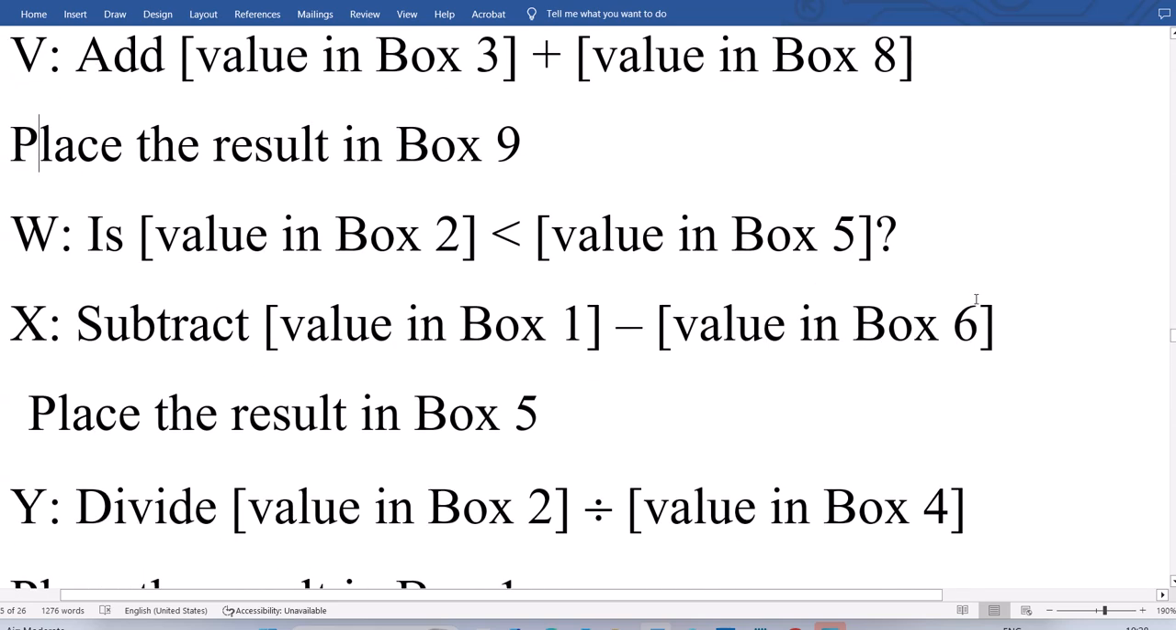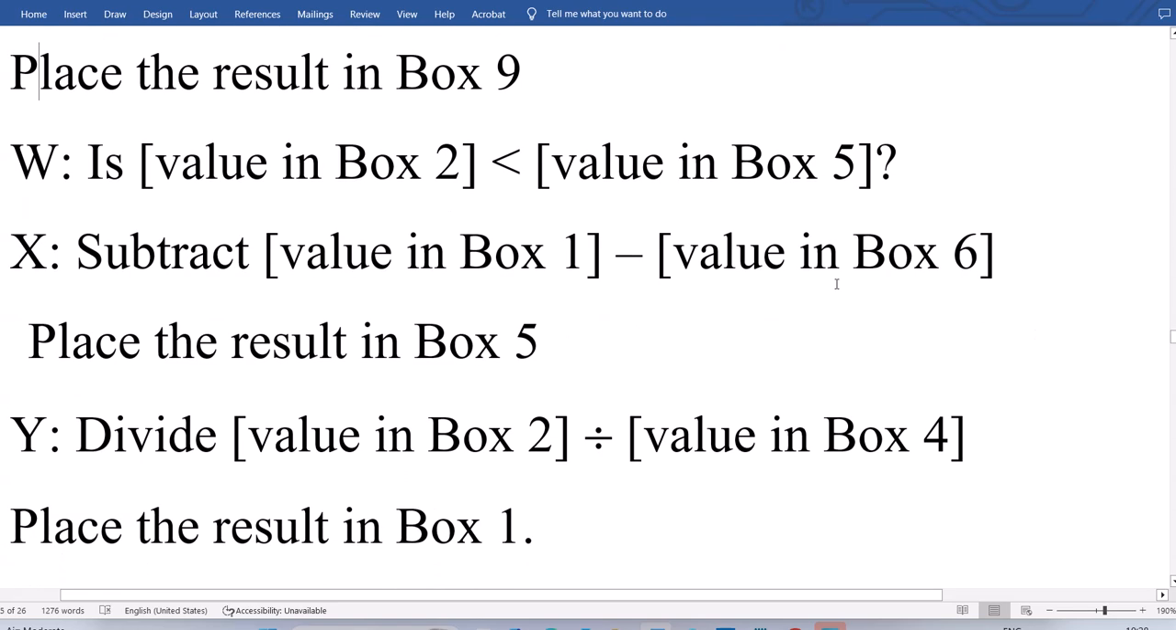The V step is we have to add the box 3 value and box 8 value, and put the result in box 9. W is the decision: is the value in box 2 less than the value in box 5? If it is yes, we have to do X and Y, or else directly jump to the Z step. What is X, sir? X is nothing but,